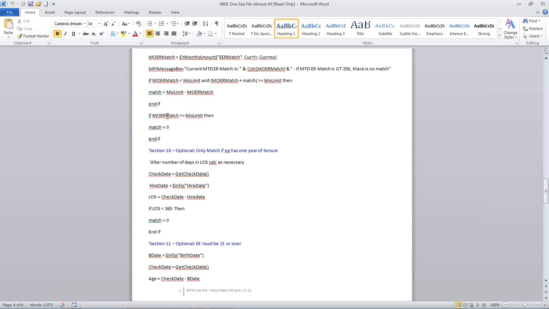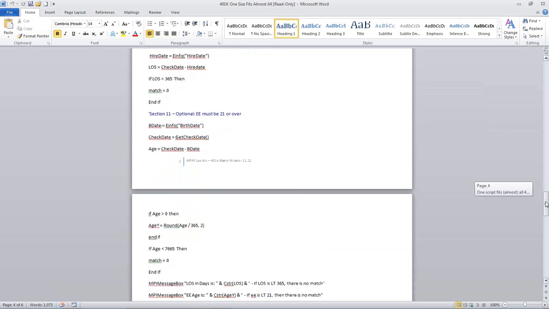Now, through the last 6 or 7 tiers of this, we've been telling it, okay, if it's this, do the match, and if it's that, do the match, and if it's that. We're continually telling the system how to refine the match. So as you move down the script, what you did 2 pages above could be changed by this based on their tenure. So that's why the order of events is critical, so the sections must be kept in order.